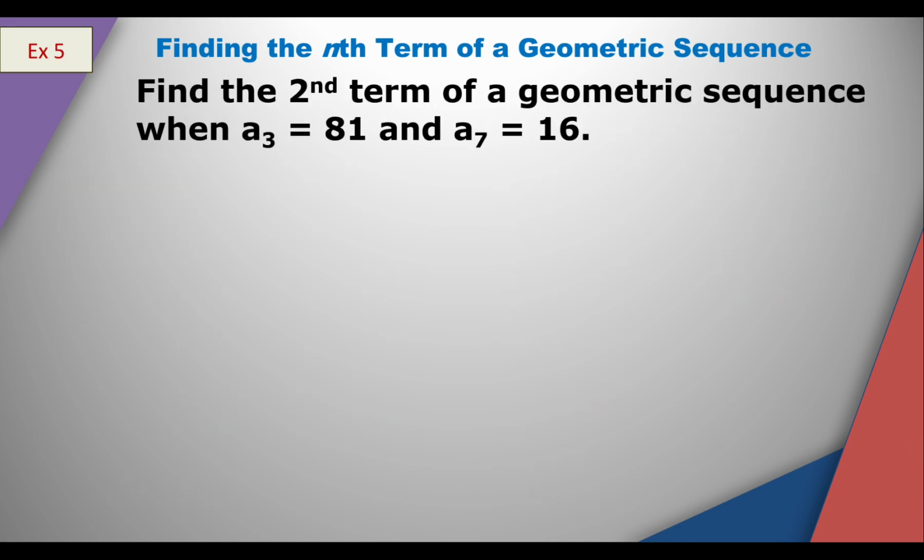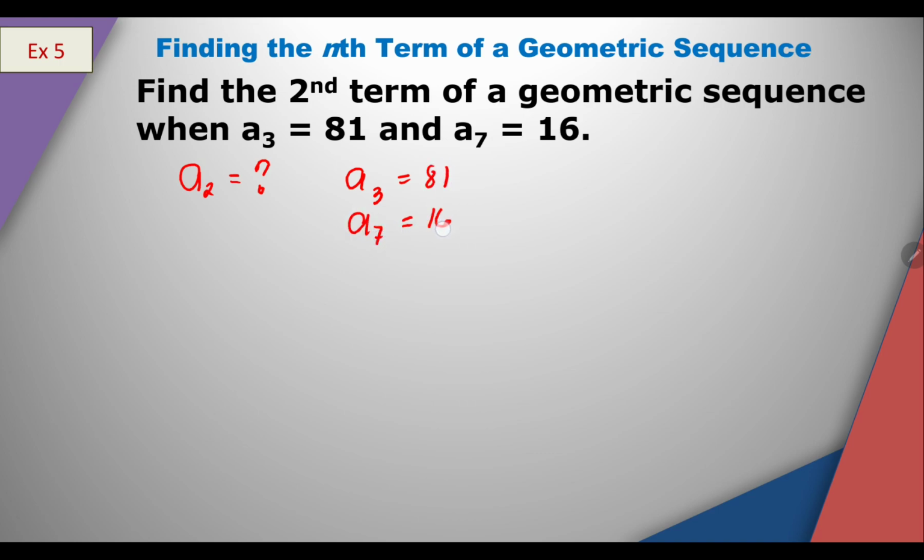Okay. Let us have the last example. Find the second term of a geometric sequence when a sub 3 is equal to 81 and a sub 7 is equal to 16. So again, what are we given? We're looking for a sub 2, when we are given a sub 3, which is equal to 81, and a sub 7